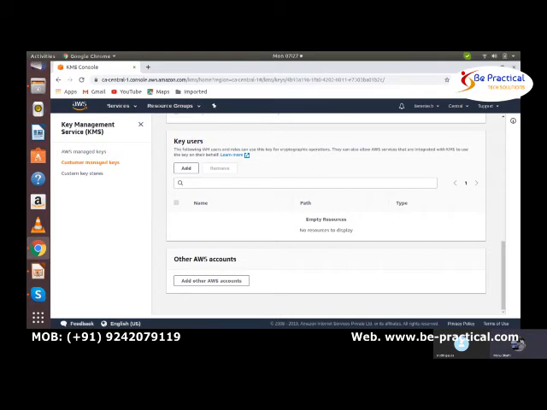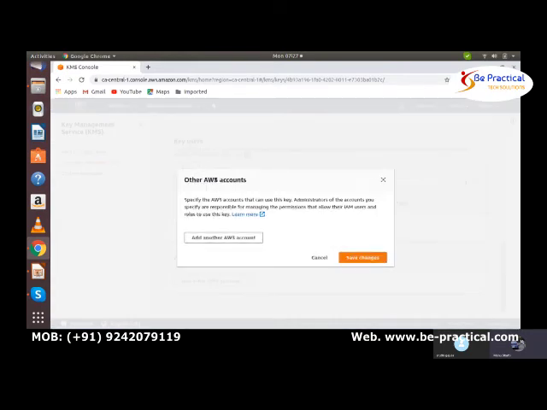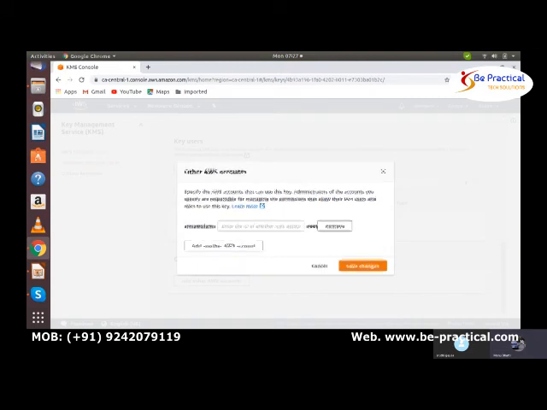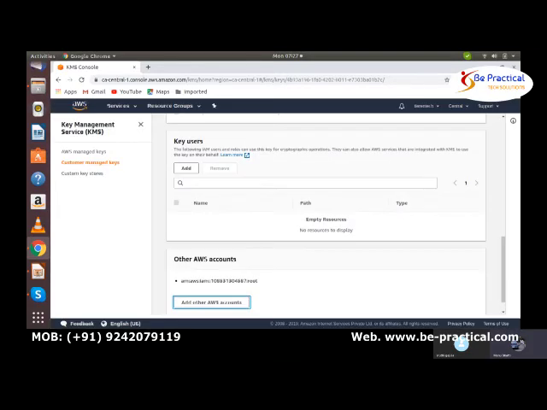Okay, so here you have that option, other AWS accounts, add other AWS accounts here. You click on this, add another AWS account. So the account ID, so change it.